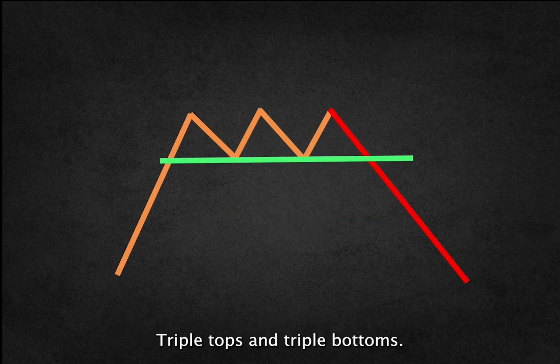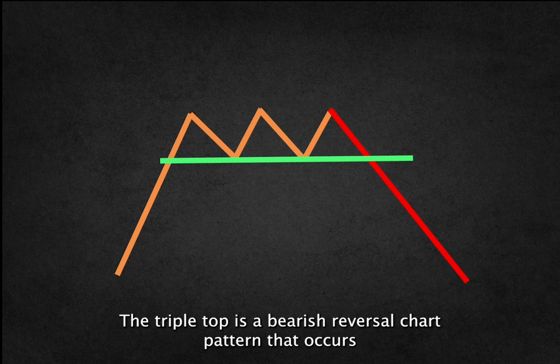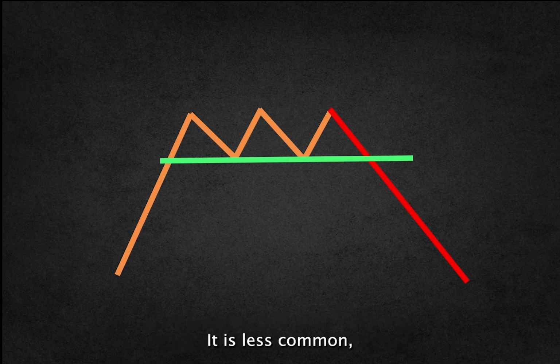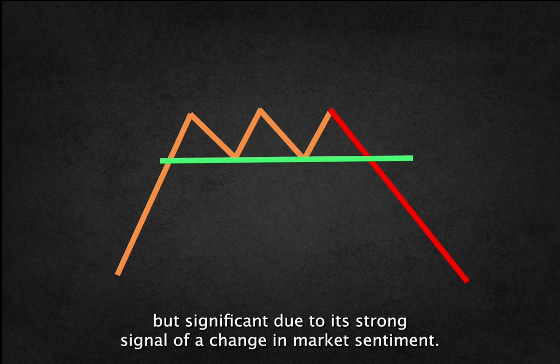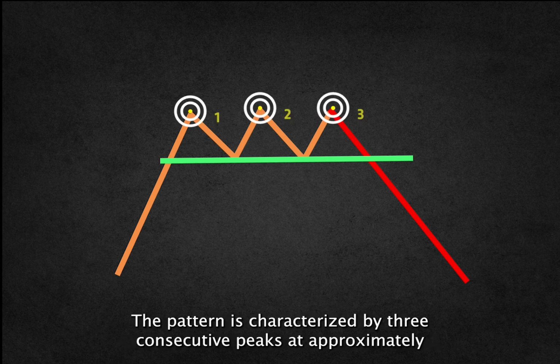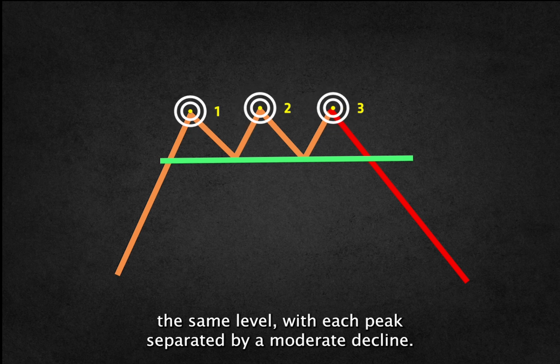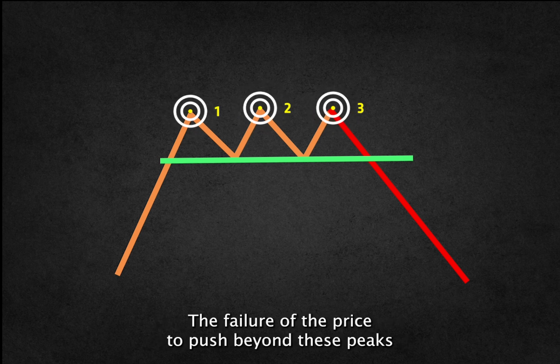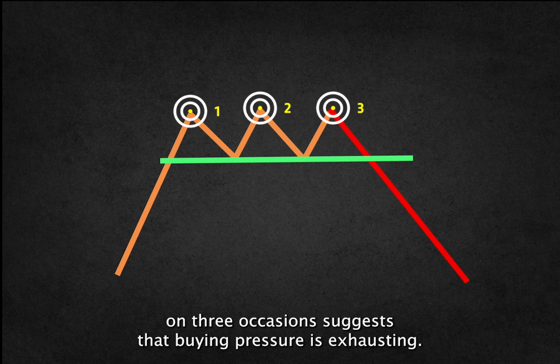Triple tops and triple bottoms. Triple tops. The triple top is a bearish reversal chart pattern that occurs after a strong uptrend, indicating a potential shift to a downtrend. It is less common but significant due to its strong signal of a change in market sentiment. The pattern is characterized by three consecutive peaks at approximately the same level, with each peak separated by a moderate decline. The failure of the price to push beyond these peaks on 3 occasions suggests that buying pressure is